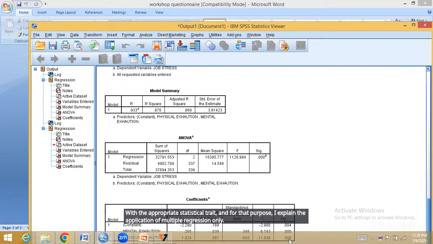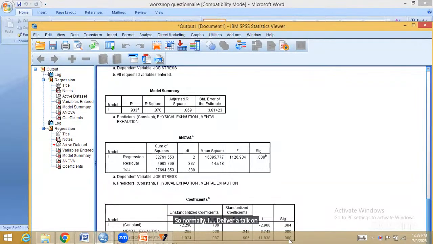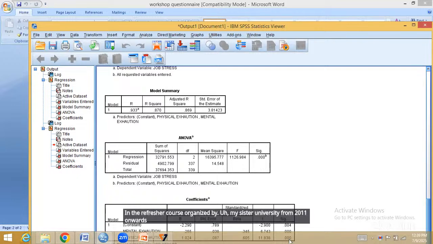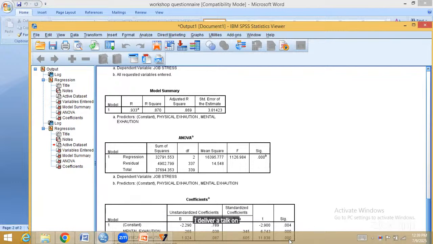So normally, I deliver a talk on application of statistical technique in research in the refresher course organized by Mysore University from 2011 onwards. Continuously, I deliver talks on application of statistical technique in research. We start from the formulation of hypothesis